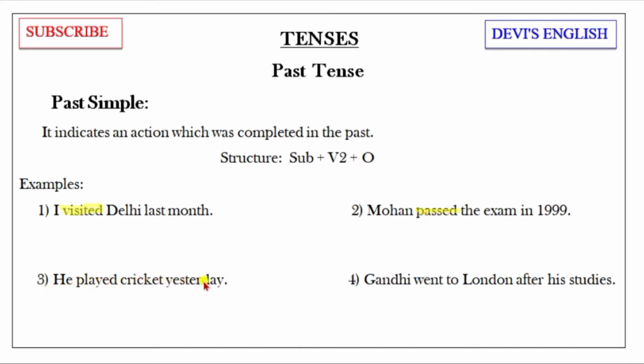He played cricket yesterday. It is also completed in the past. So that verb indicates it is also simple past tense. Gandhi went to London after his studies. So here went is the verb 2. It is also a completed action. So simply from these 4 sentences we understood completed actions in the past, then we construct the sentence in simple